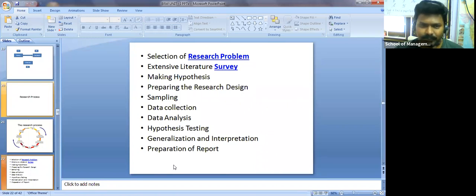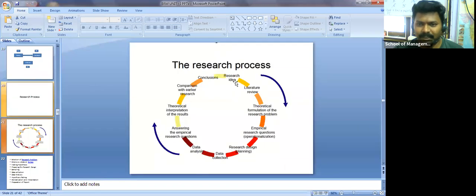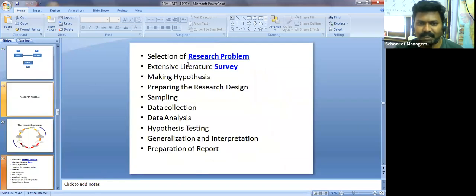Selection of research problem. Okay, so usually what happens, though I'm talking about the research idea here, you need to first get a research problem, right? I gave n number of examples in the previous session, right? Maybe COVID related, or maybe a marketing person wants to know about different types of customers, why they prefer online and why they are not preferring offline. If it is a finance student, you want to know about economic conditions, or maybe why the share market is fluctuating, what is the reason behind that. If it is HR, then how employees may react in different situations, and how to motivate employees. So you need to identify that particular problem.